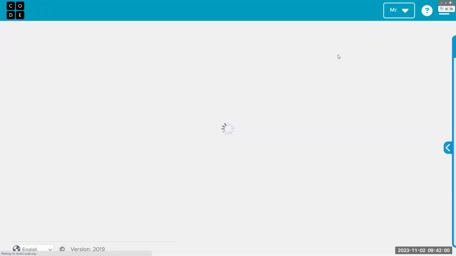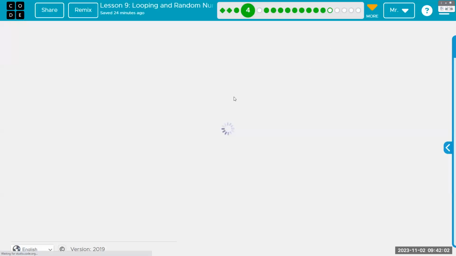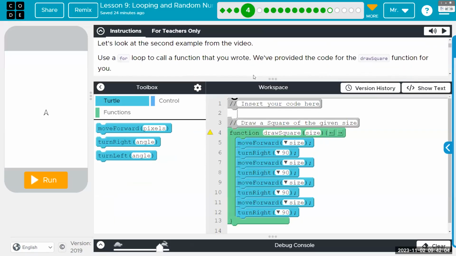Bubble 4. So, bubble 4, we have a supposedly working function called draw square, and it receives a parameter called size that's used as the value for the move forward.